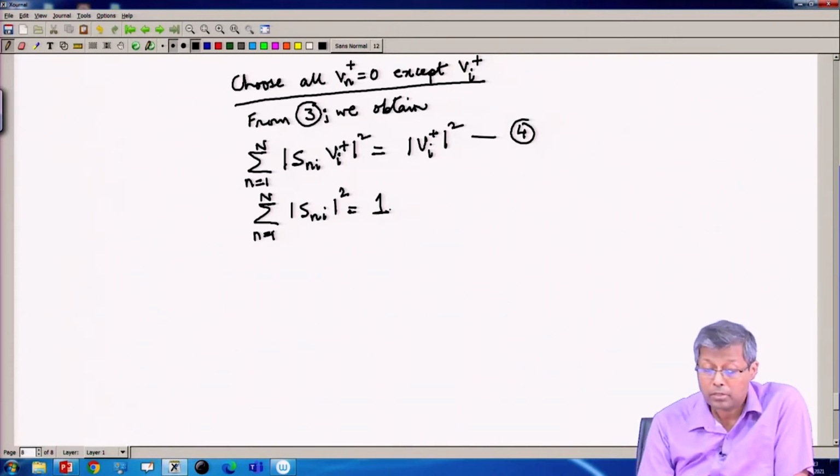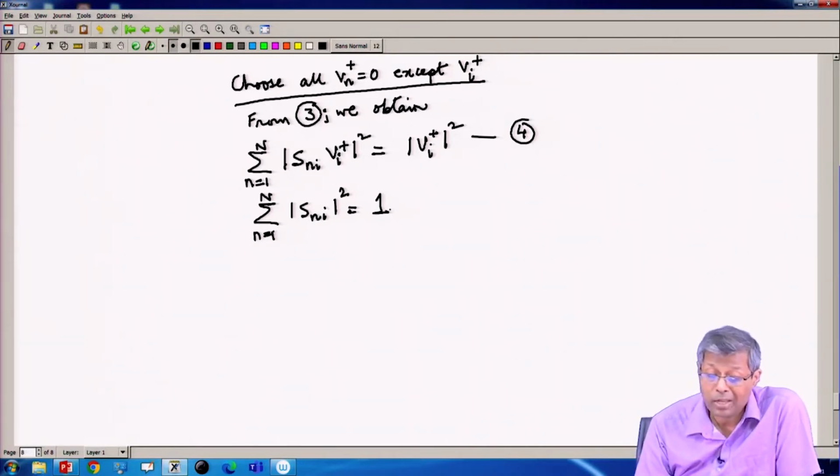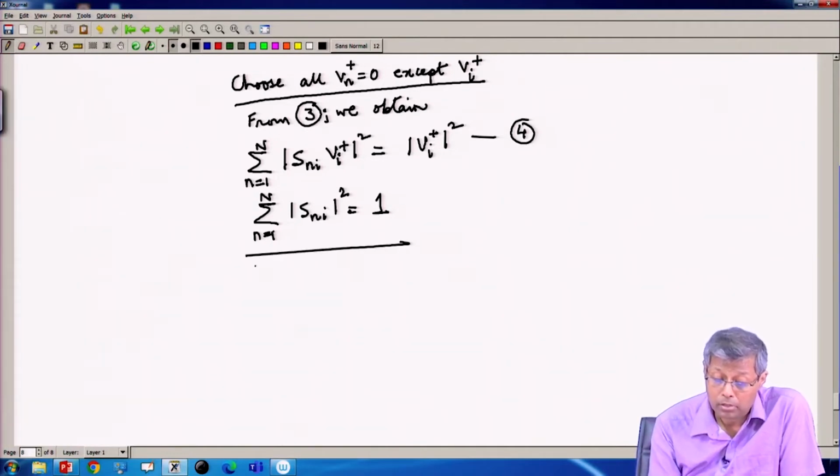So, cancelling mod V i plus square on both sides, we obtain this relationship,